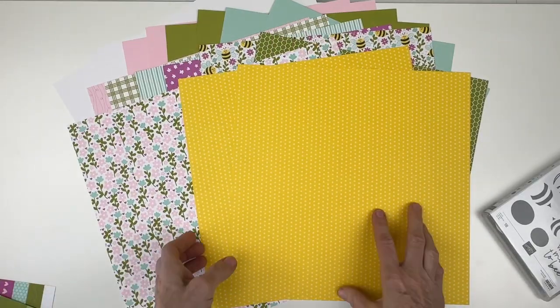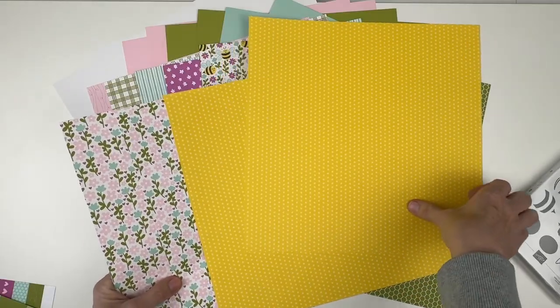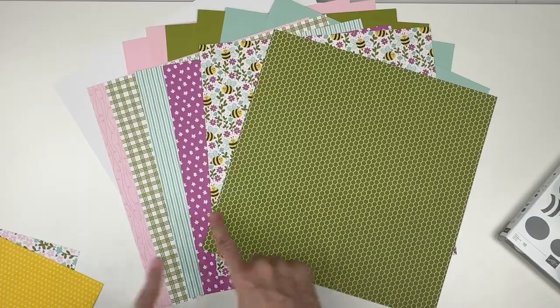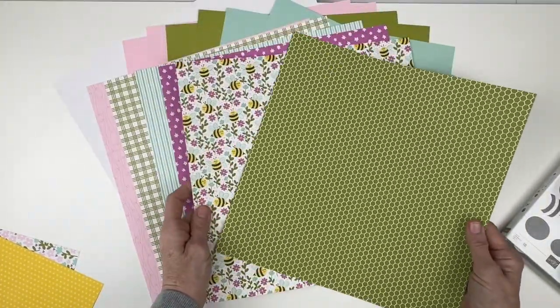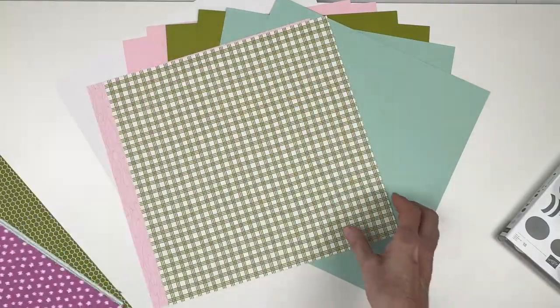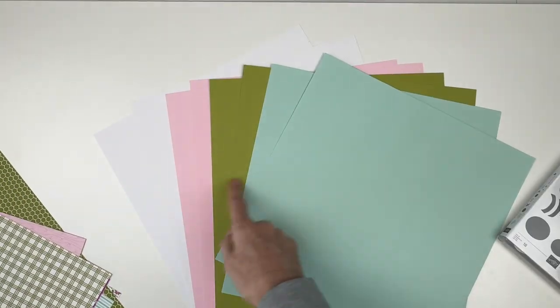lots of things with. The Scrapbooking Workshop Kit comes with 4 additional pattern papers that are specialty patterns that are not found in any other paper pack, only in the Workshop Kit. It also comes with 6 sheets of pattern paper, so it's 3 double-sided patterns, 2 sheets each, and they're great,